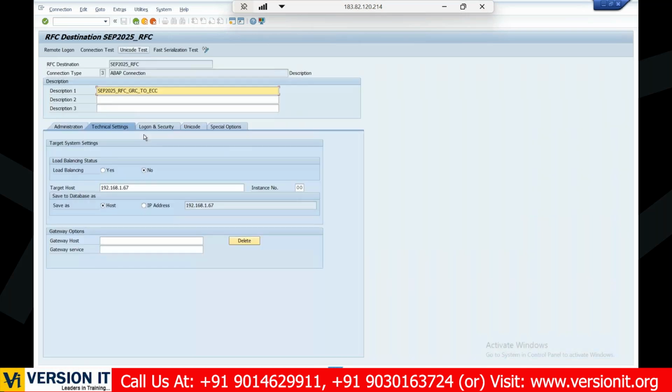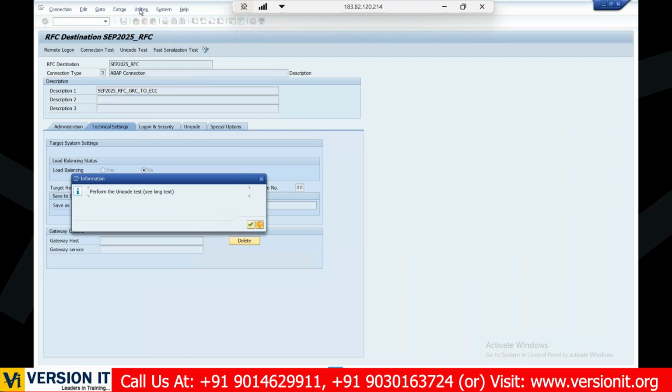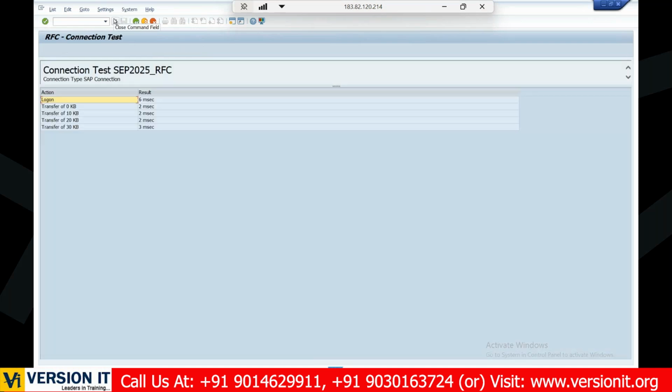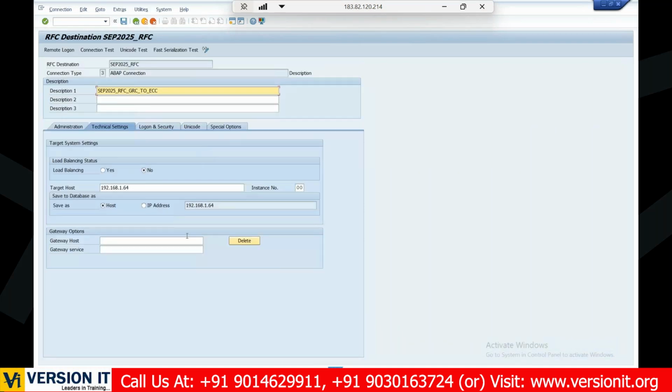So after giving the technical settings, always go for utilities, connection test, and make sure that all your technical settings are correct. If there is any error either in the IP address or in the instance number, you will automatically see an error there. That's the whole concept of the technical settings you are going to have here, followed by